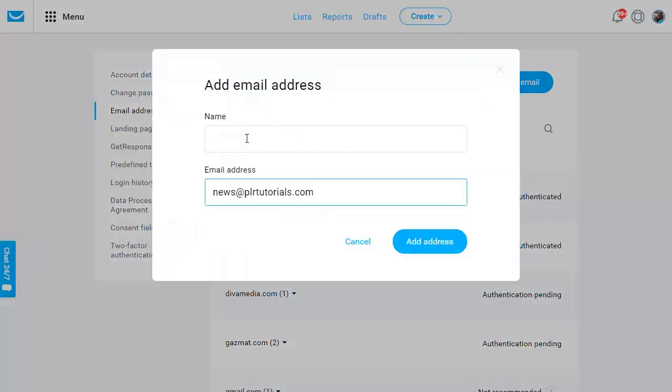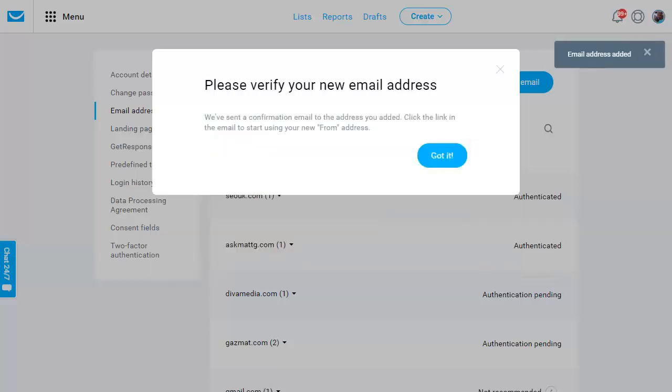I'm going to pop the email address in here and I'm going to call this my PLR. Basically, I'm going to create a new list and I'm going to use this new email address for it. So let's click on add address. Now it says the email address has been added, but it's actually sending us an email with a confirmation link in it